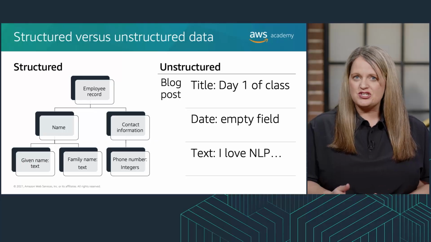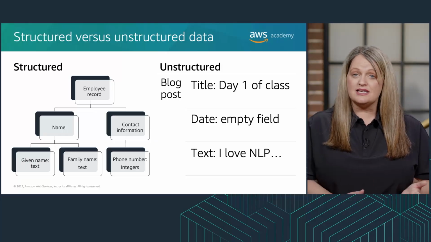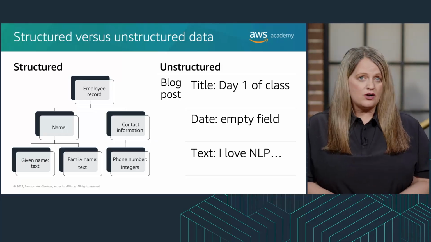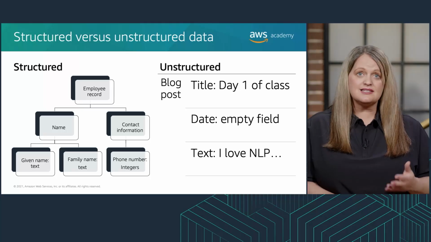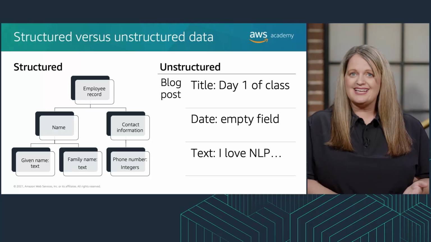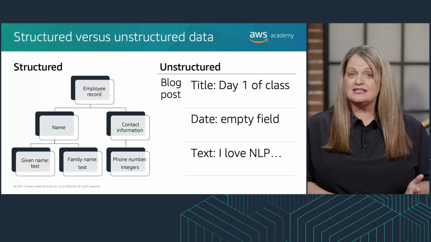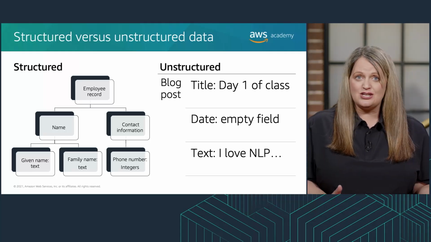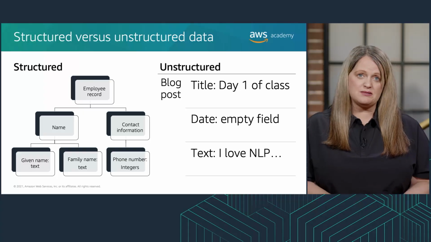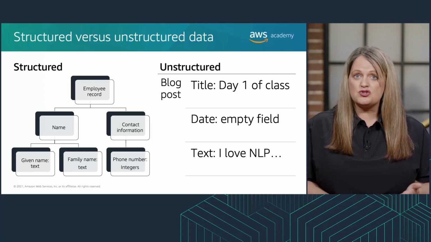Welcome back! In this video, you will learn about some AWS services you can use to store and visualize unstructured data. Structured data is organized in a defined schema. An employee record with a defined set of fields is an example of structured data. In addition to a set of fields, schemas specify the type of data allowed in those fields. You can think of structured data as data you'd store in a traditional database management system that supports structured query